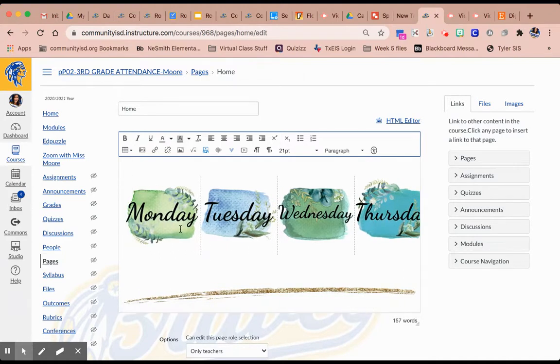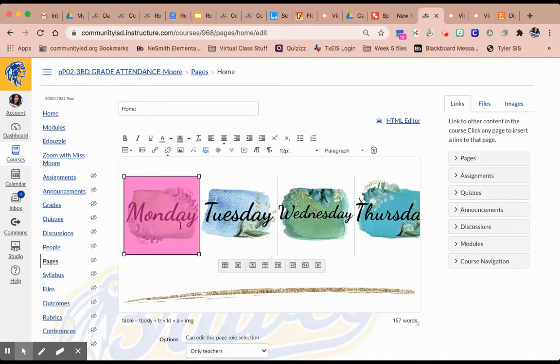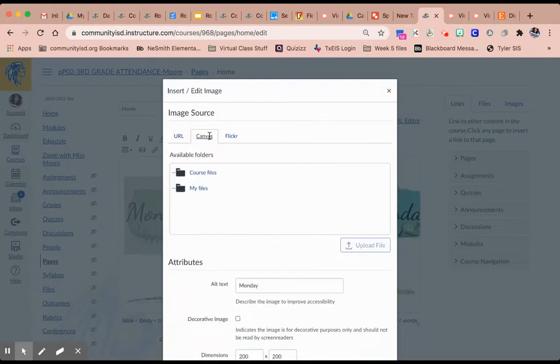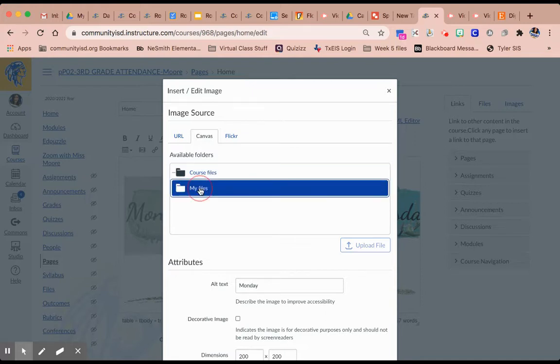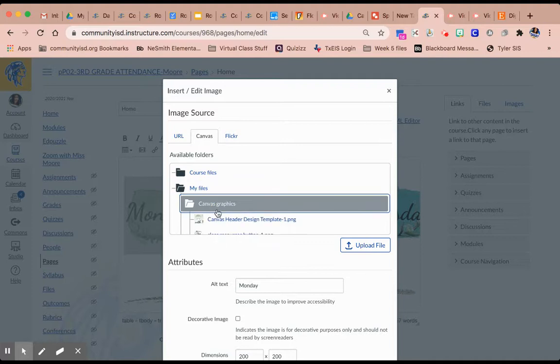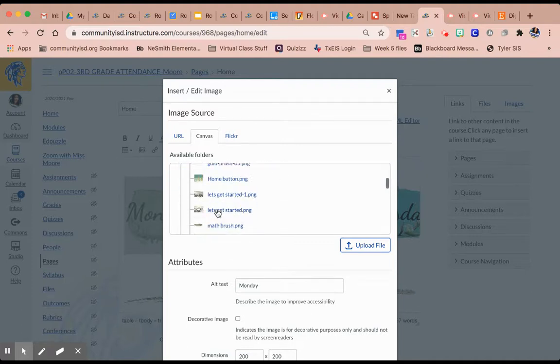And then you'll insert into each box, embed image, go over to Canvas, My Files, and I made a folder titled Canvas Graphics so that I could keep them all in the same place. You just select the button that you want,